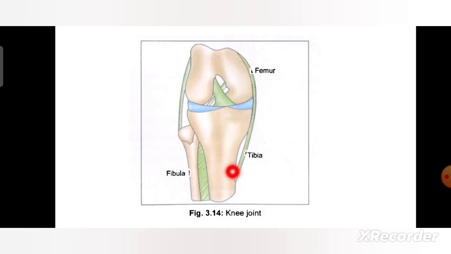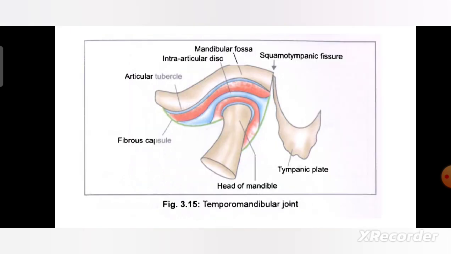This is a knee joint, which is a joint between fibula, tibia and the femur. The male part of the knee joint is formed by the condyles of the femur and the tibia. Next is a temporomandibular joint. It is the head of the mandible and